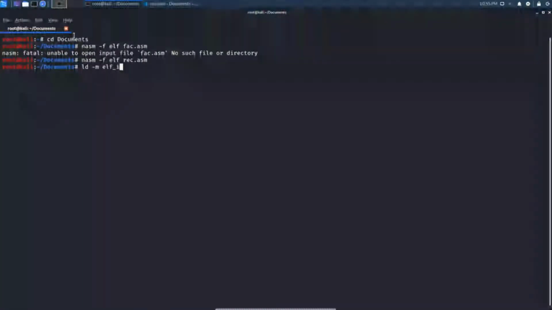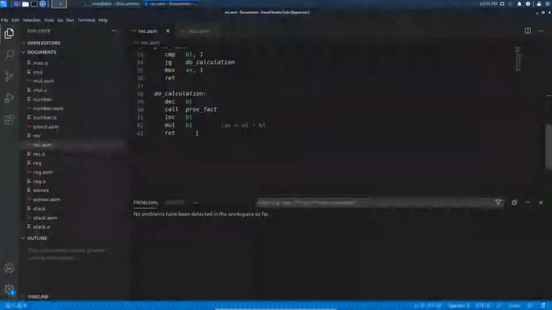For producing the binary, we must use this command. To run the binary, use this. Yes, here the factorial of 3 is 6. This is how we implement the recursion.